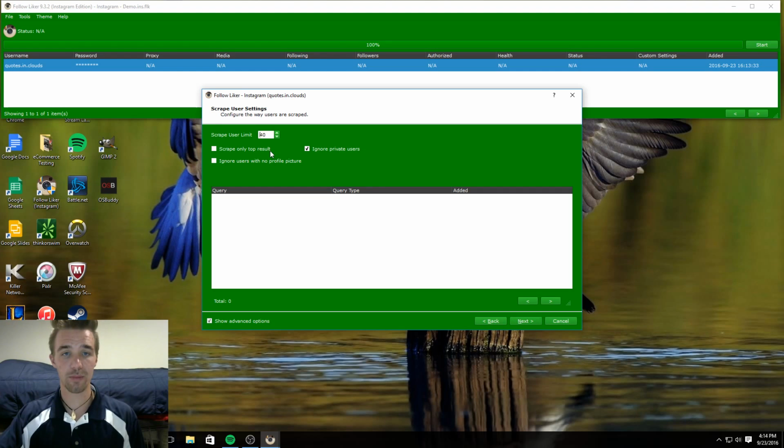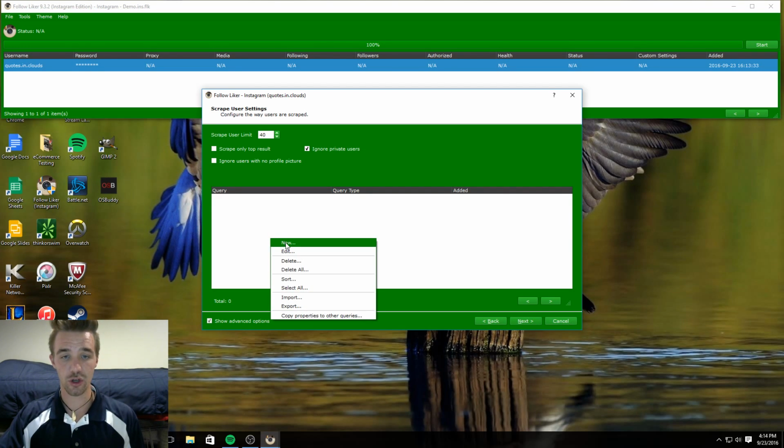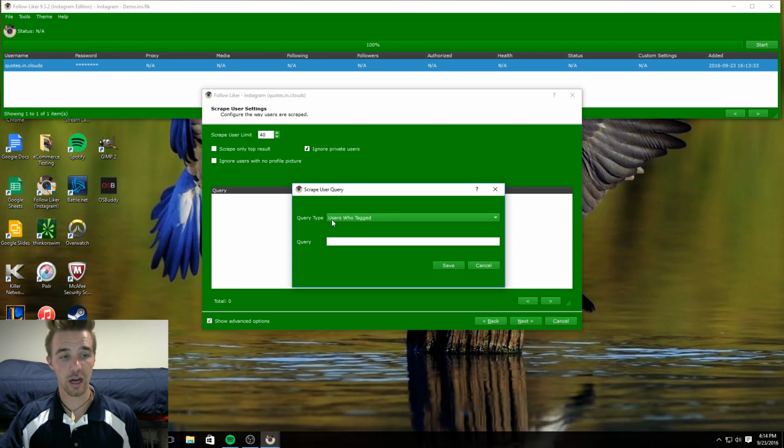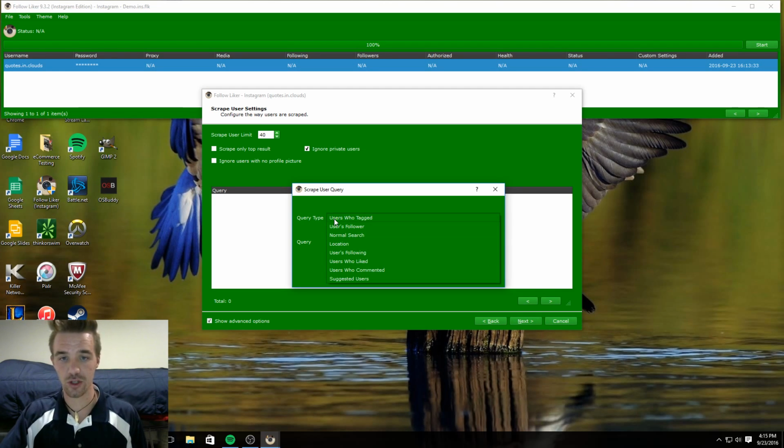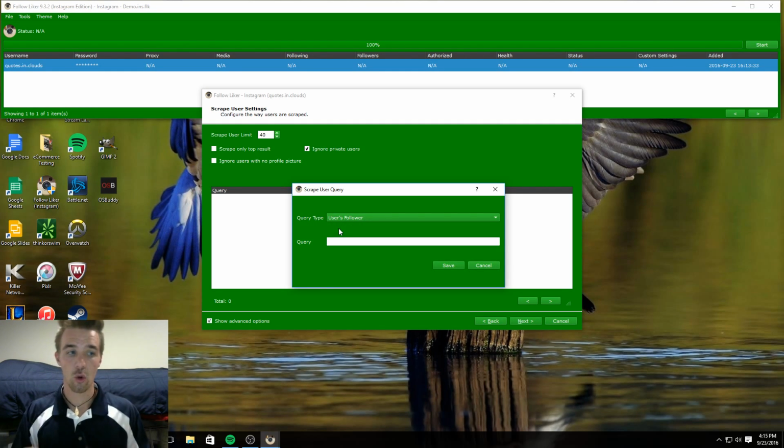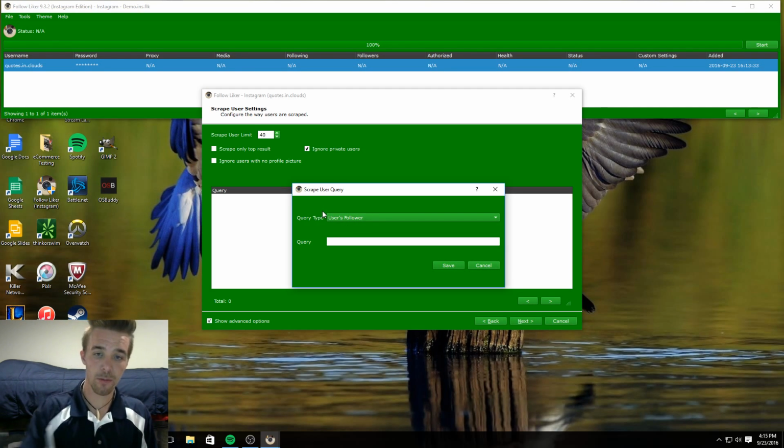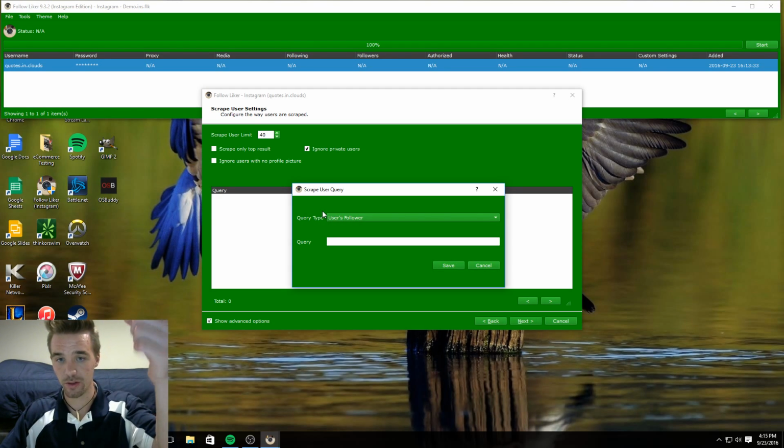Next. And so this is where we really dive into FollowLiker and what it does. This first setting is going to be about who we're going to be targeting, or how we're going to get there, basically. So what I do is I right click in this white box again and press new, and now we're going to be saying which account we want to go after, to follow or to like photos. My method is I just go to user follower, which means that when we choose an account, it's going to go into that account's followers, so people that follow that account, and we're going to look for different accounts there,